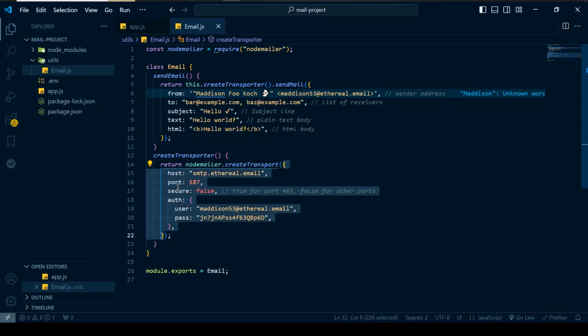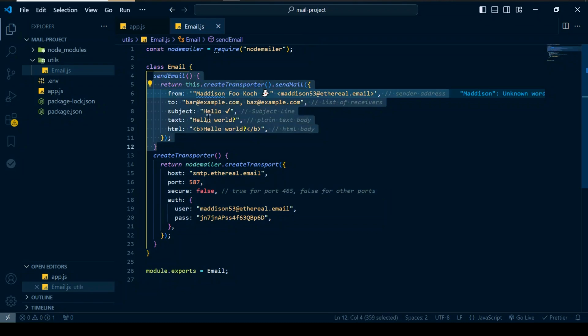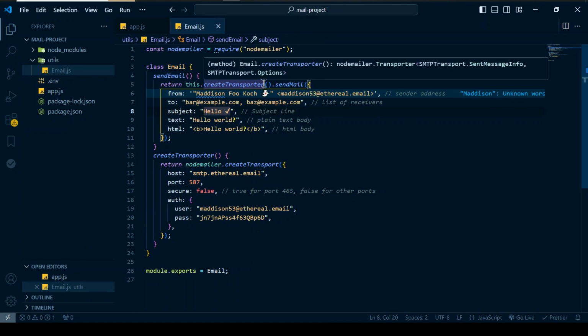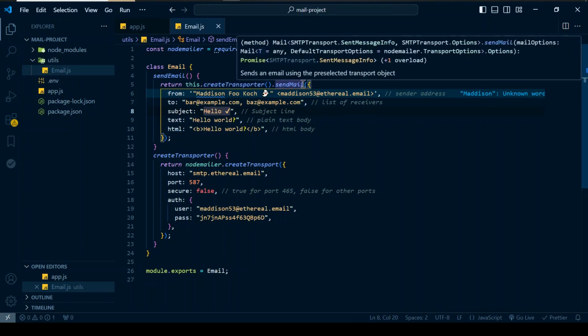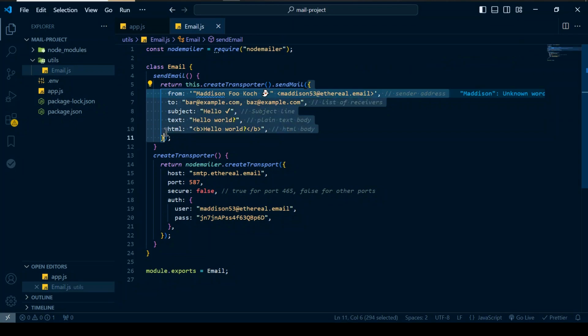Just notice right now we have a fake host here, not a real host. Second, we have sendEmail right here. We use createTransporter, and then we send mail, right? With the options we have from, which is the information of the sender, and to, the information of the recipient, and you have subject, text, and email.